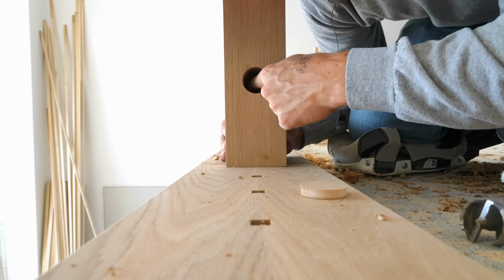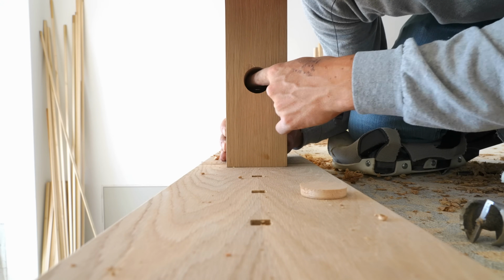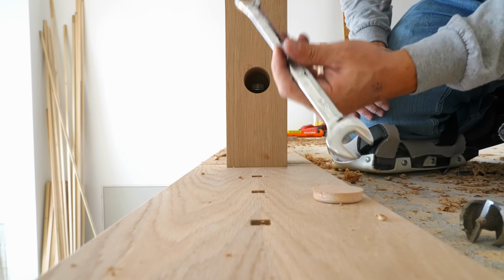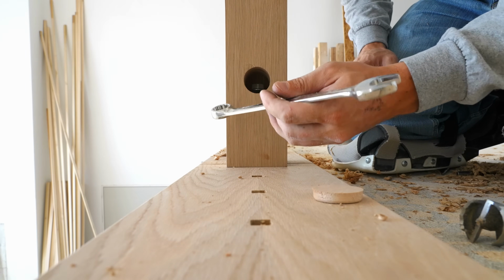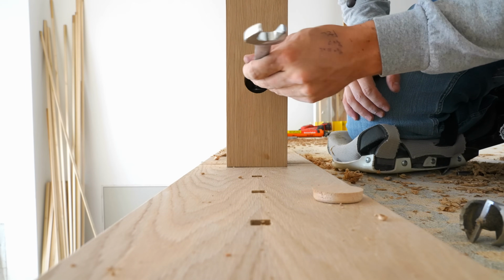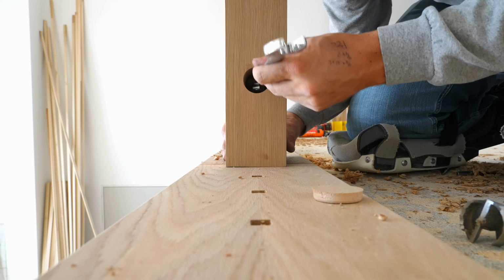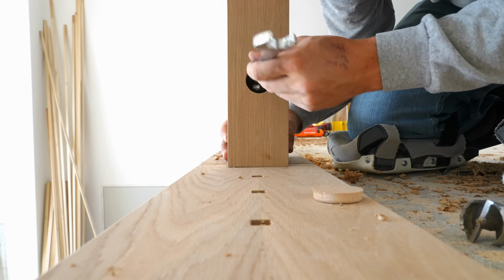So now you can get that nut most of the way down to where it contacts the washer just with your finger, and now we can put our 3/4 wrench on the end of it. You can tighten it like so, which is a lot of on and off of the wrench,